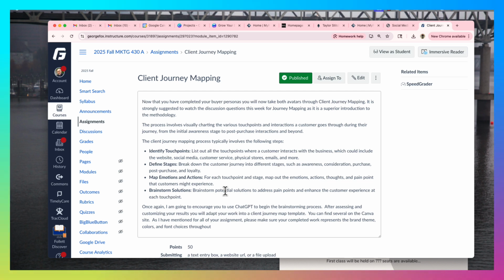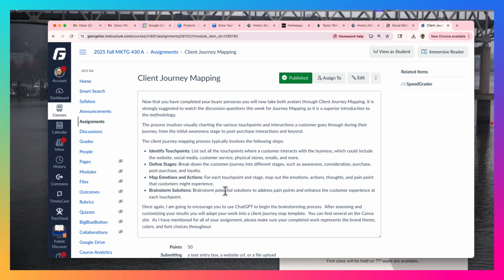What you're doing is looking at the 2 personas you created. So those 2 personas are going to come into play this week as we're embarking to do your client journey mapping. In the client journey map, you want to identify touch points, list out all the touch points where a customer interacts with a business, define stages, and now you'll find when I show you the examples, there's different stages depending on your business, map emotions and actions, and brainstorm solutions. Once again, I'm going to encourage you to use ChatGPT to start this work. And then you'll see through the examples,